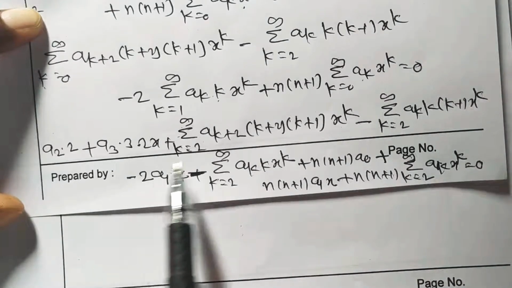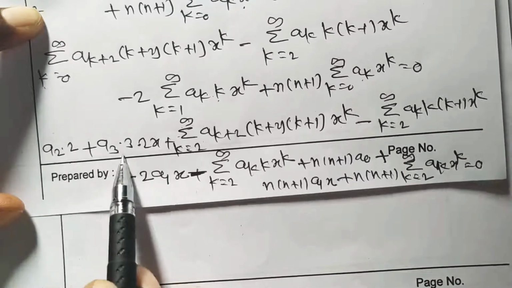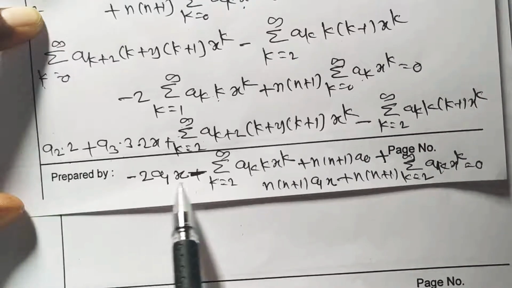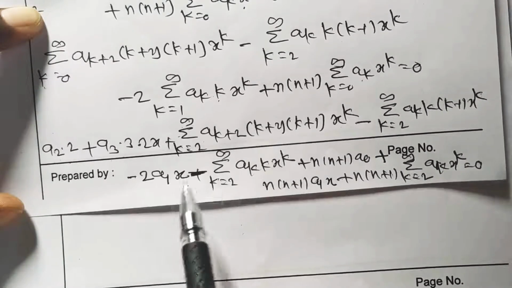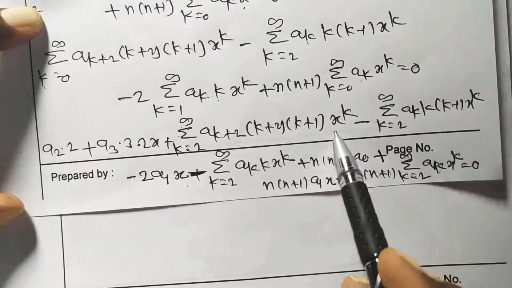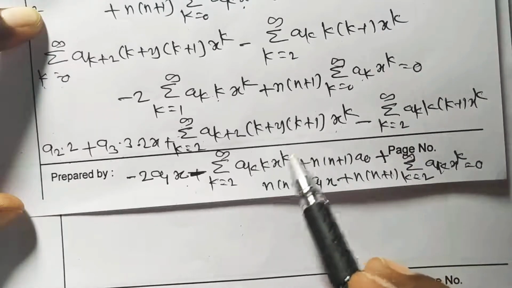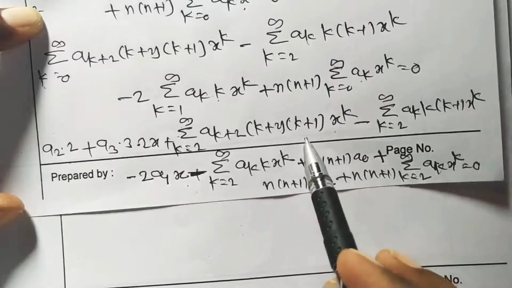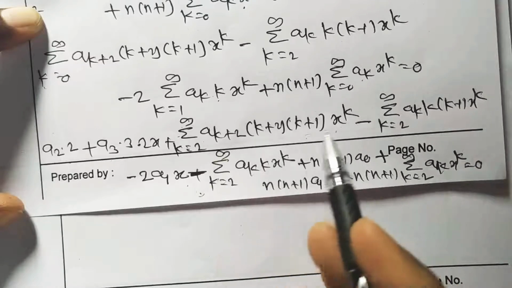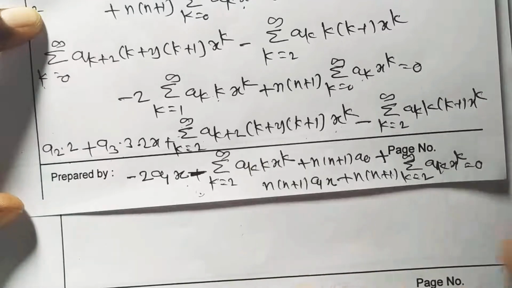Now observe this step carefully. From this step, if we equate the coefficient of constant term and x to 0, then we will get the value of a2 and a3 in terms of a0 and a1 directly. And if we have to find the later constants, then we have to equate the coefficient of x raised to k to 0, then we will get the recurrence relation. I think in this problem no need to find the recurrence relation because up to a3 we are getting the constants, so no need to find the recurrence relation, only equate the constant term and coefficient of x to 0.